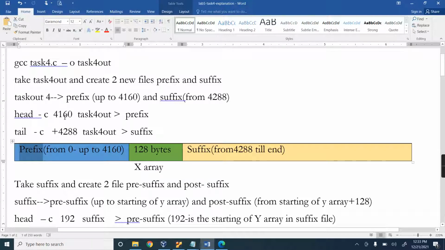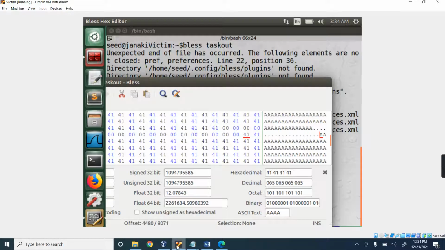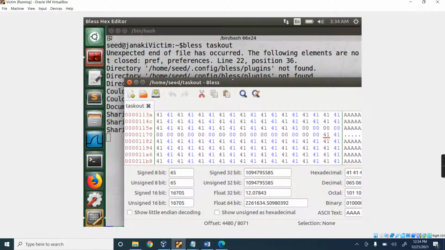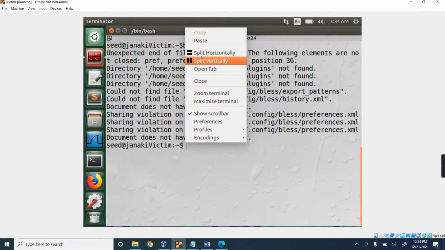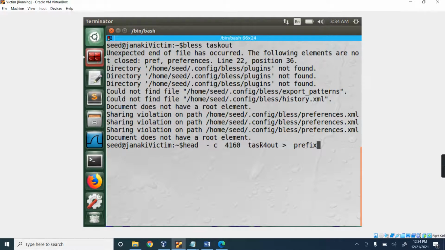So I am going to use this command: head -c 4160, and I will save this as prefix. For this time my file name is not task4 out, my file name is task out. So I will change it here to task out.